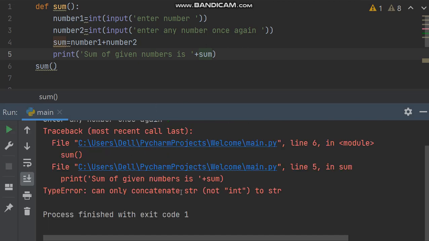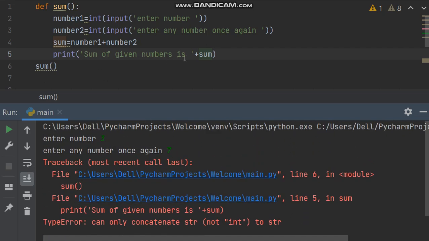What is the error? Sum of given number is plus sum. So sum of given number is plus sum, it is not taking, okay, unlike another programming language, it is not taking like that. So we will be formatting this string.